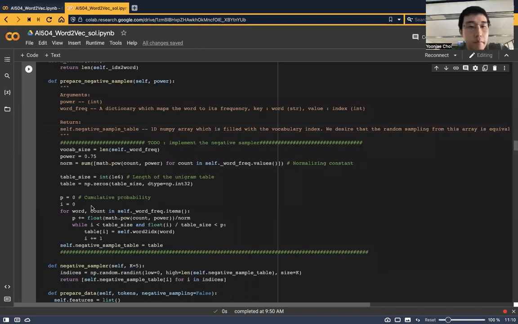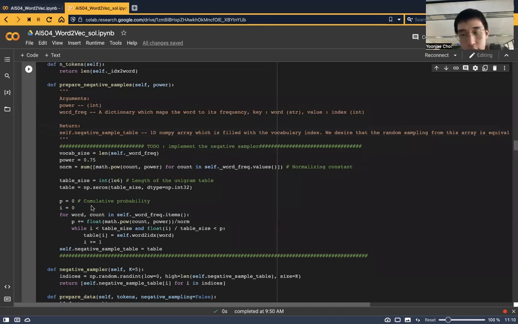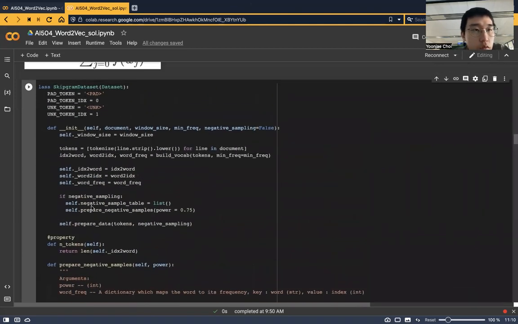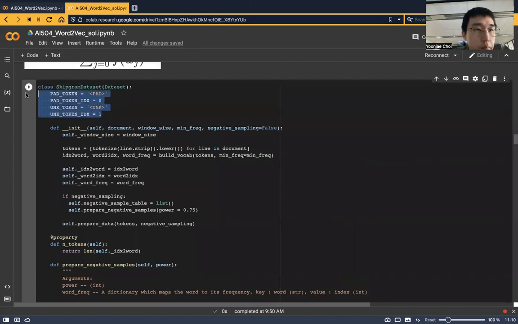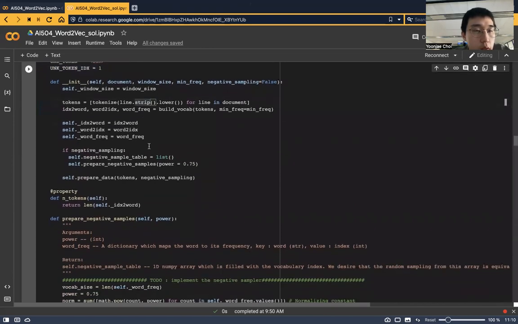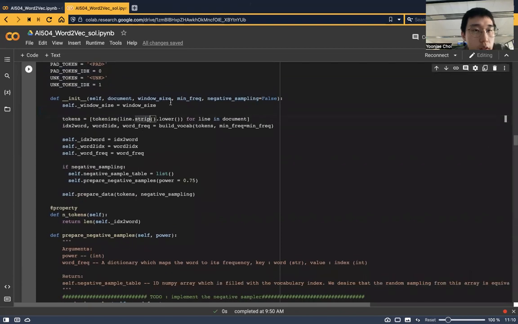All right, I'll explain my solution. Before we go, I will briefly introduce the SkipgramDataset class. It has the pad token, pad token index, and unknown token index as values, and it is initialized with the documents, window size, min frequency, and negative sampling, which means that documents